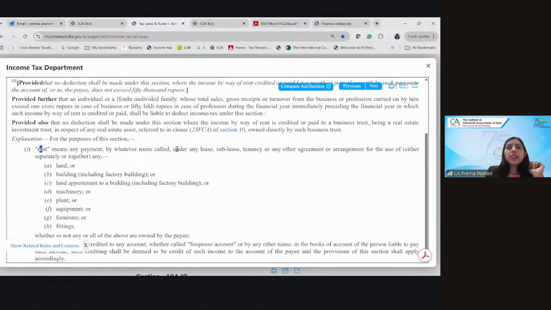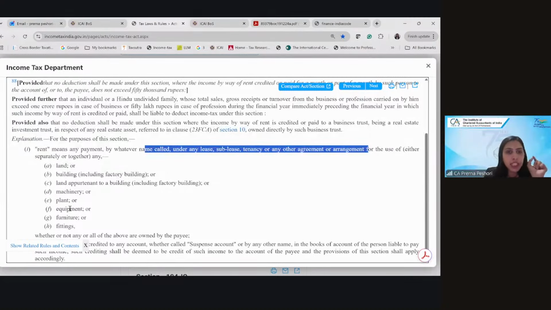Then rent here means under any lease, sublease, tenancy or any other agreement for the use of any land, building, factory building, land pertinent to a building or factory building, machinery, plant, equipment, furniture, fitting, whether or not they are owned by the payee. Clear? Now coming back to the module here,